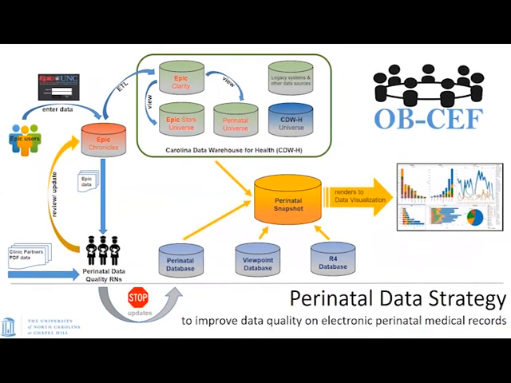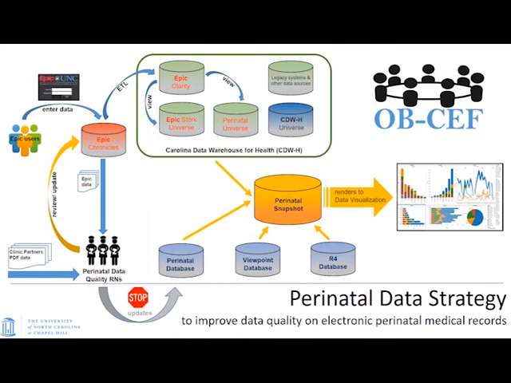So one thing we did is we said, well, these perinatal data quality nurses, they're not going to type information anymore into this perinatal database that nobody can access, but they're going to update the record in Epic Chronicles. So if they see something wrong that needs to be updated, they will do that, and then that information will be updated into the Epic Chronicles or live system using Epic Hyperspace. That way, that information cascades to the entire system and is not going to be just under this perinatal database where nobody can really see it.